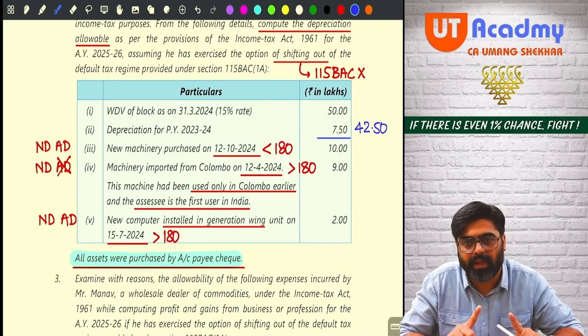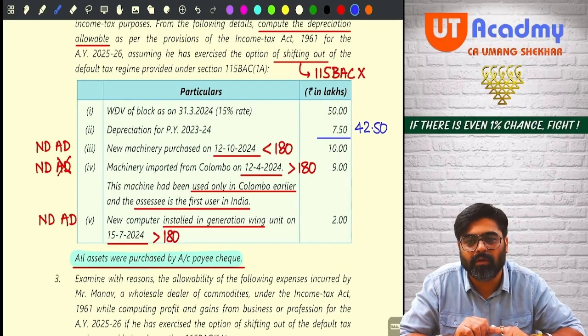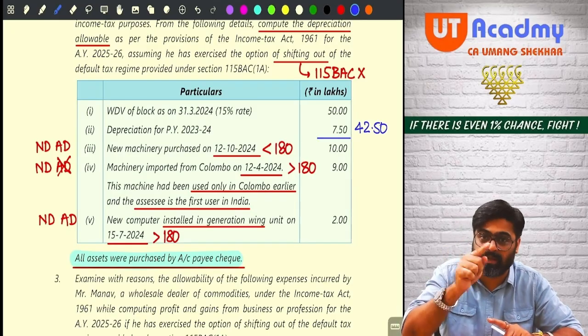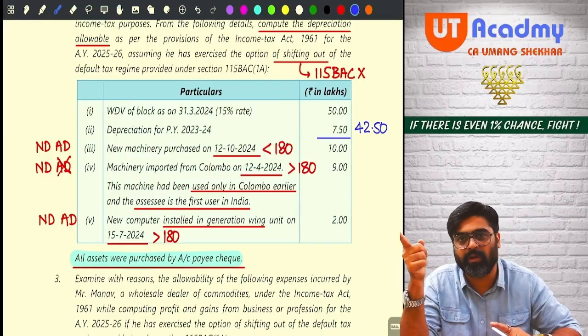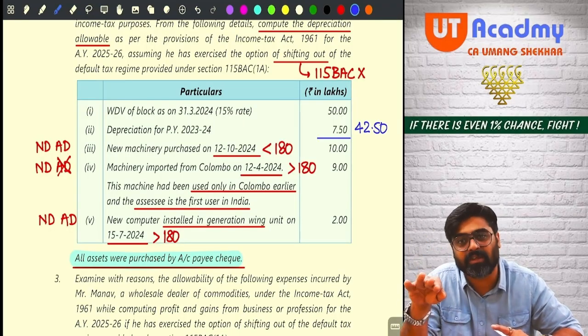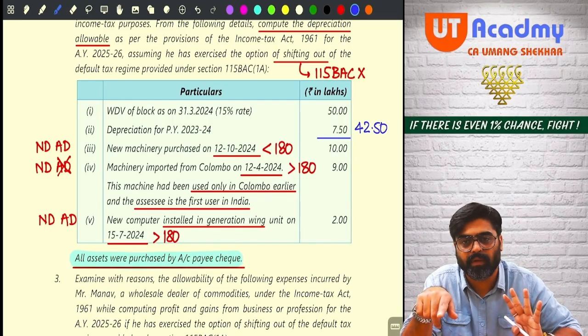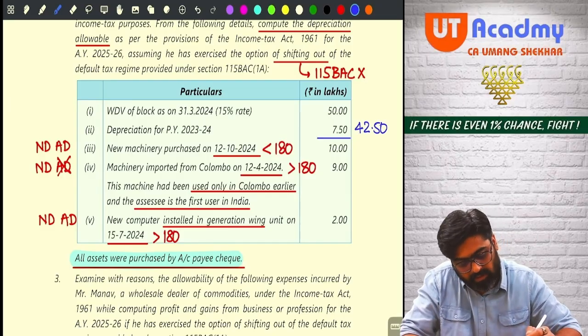Getting my point? In one question we saw that also. But if they are deliberately giving separately the depreciation also for last year and WDV also for last year, that means they want us to reduce that depreciation. After depreciation, whatever WDV was there, that we are going to take as opening. Getting my point? Okay. Next one.